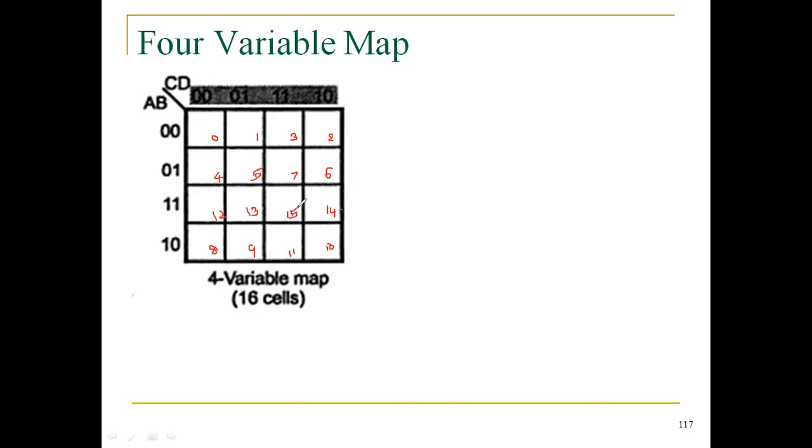Please don't forget this method of numbering. It is very, very important for the Karnaugh map. You know the reason, based on the last part of the discussion: all K maps are constructed with the gray code concept. What is meant by the gray code concept? It allows only one change between the cells. It is a very important question, either in semester examinations or in some competitive examinations.